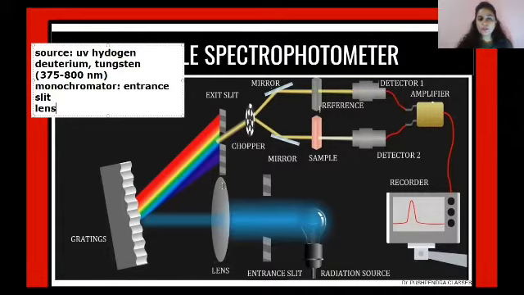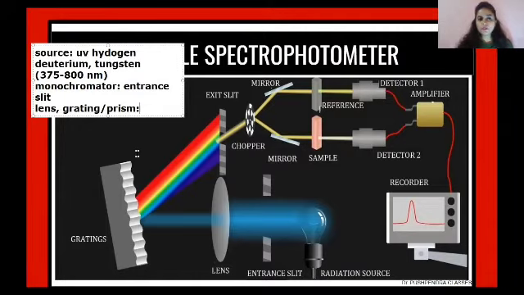Then all the polychromatic radiations which were present will be transferred to the third part of the arrangement, which is called the grating, or prism in some cases. More or less the functioning of both is the same, but generally for an advanced version, we make use of gratings. In this instrumentation diagram, we have taken the picture of a grating instead of a prism. Both, however, have the same functioning criteria.